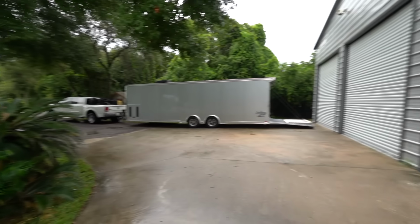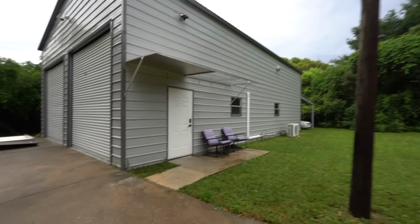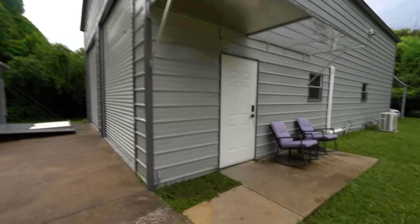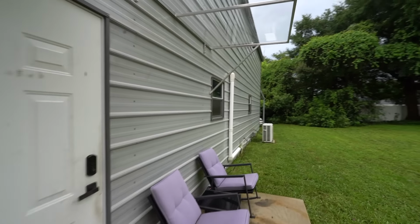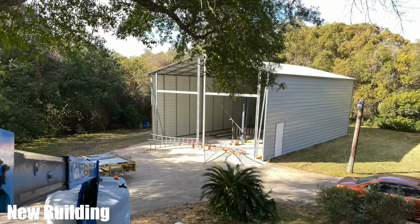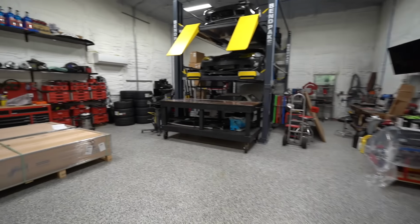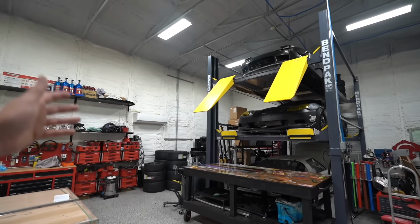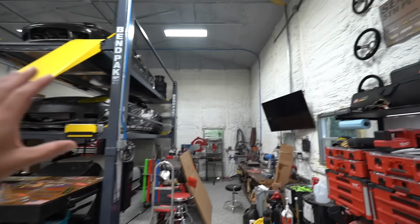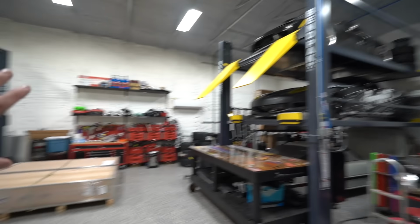Well, today we're going to be working on what is by far the largest upgrade and improvement to my 30 by 50 workshop here. This is something that we have been planning since the start of putting this building up, and that is a massive pair of lofts for not only storage of large items and small items, but also we're going to be building out a hangout area with AC and all of that